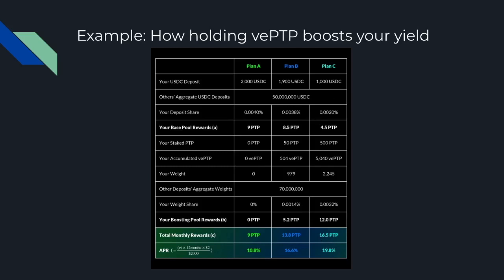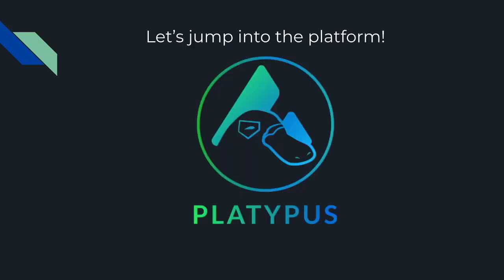This is a very basic example, and it's not always this easy to determine what percentage of your portfolio should be in PTP and what percentage should be in stablecoins. However, this gives you a basic overview that holding PTP is usually beneficial. Having some of your stablecoins swapped into PTP and staking that is usually beneficial in most cases. So now that you understand a little bit about the tokenomics of Platypus Finance, let's jump into the platform and